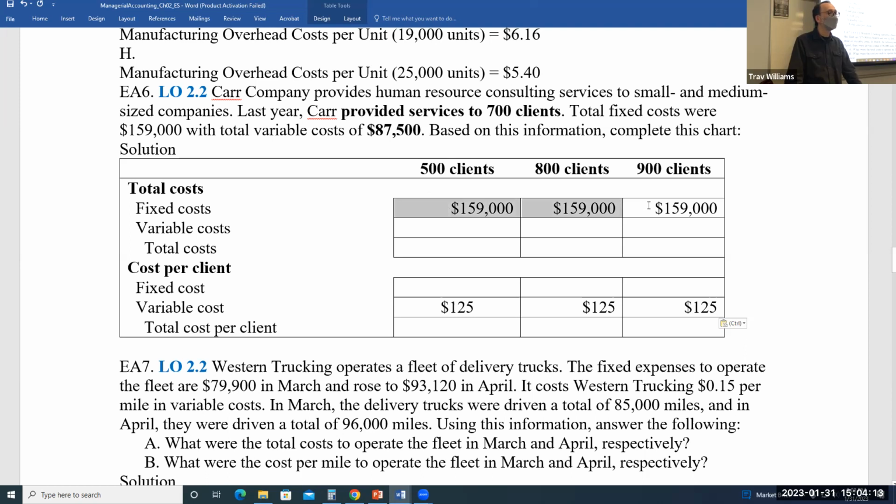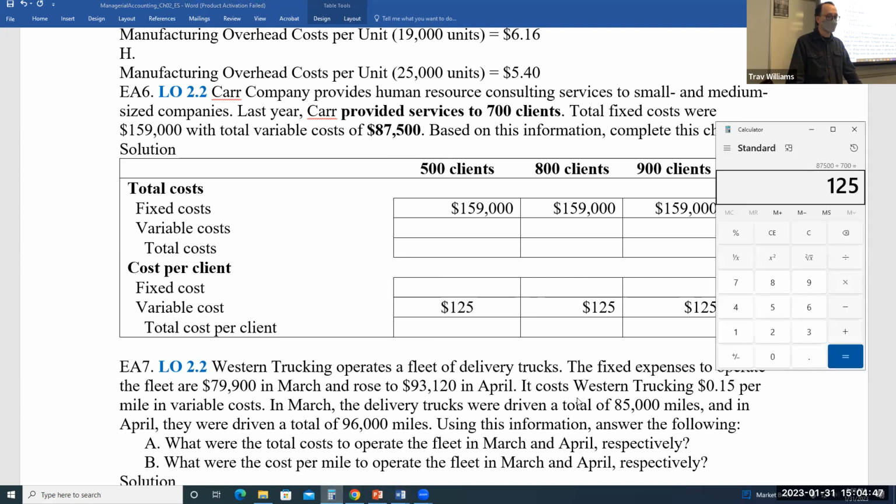Right? Total fixed costs stay the same. Variable cost per unit or client stays the same. Okay, well, now we can figure out our total variable costs for each level of clients. How would we get our total variable costs with 500 clients? You know, it's $125 per client, right? So multiply by 500 clients,